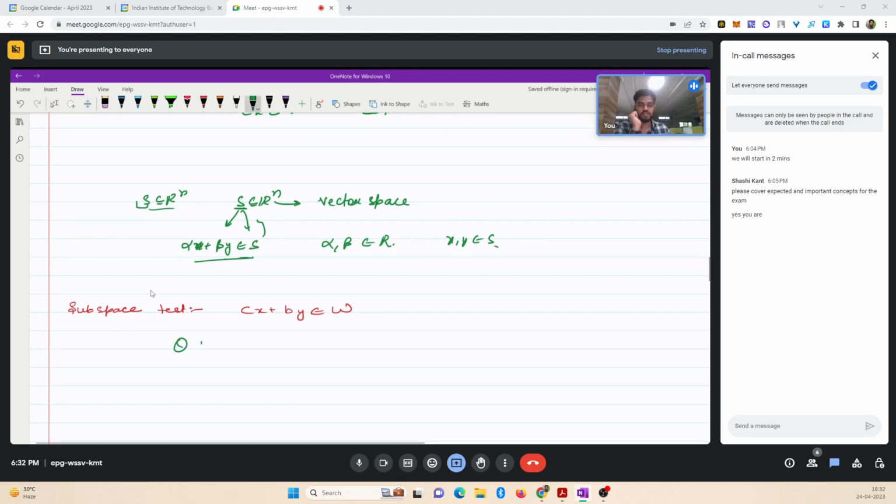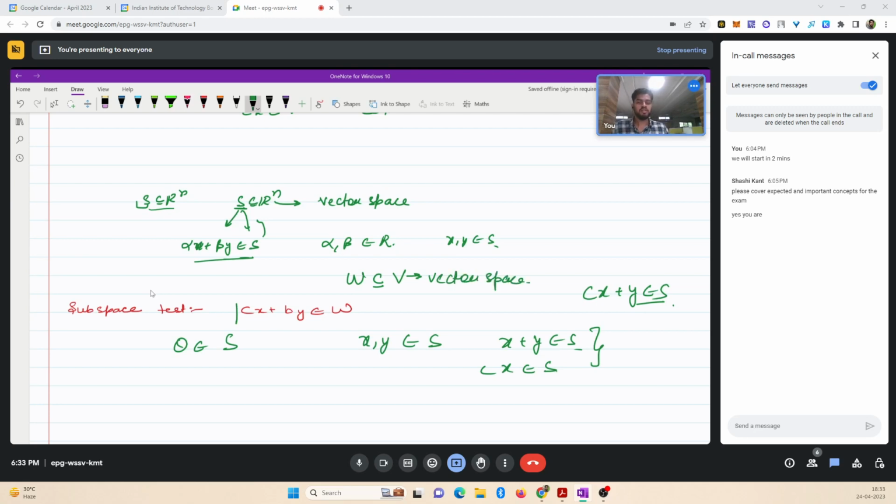Now I'll come to what you said, that some people introduce this vector space just by that particular definition, that 0 must belong to that particular set S, and if x and y belong to the set S, then x plus y must belong to that set, and Cx must belong to that set. Some people also combine these two properties just to write Cx plus y belongs to that particular set. So what I would suggest is we can simply write one single statement: if W is a subset of some vector space V, we already know that this is a vector space. Then if W satisfies only this thing, that Cx plus By, where C and B belong to some scalars, belongs to W,